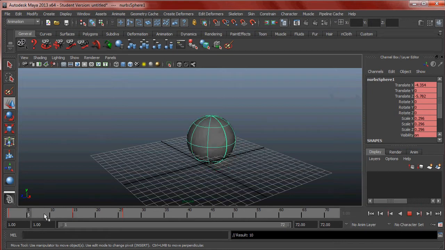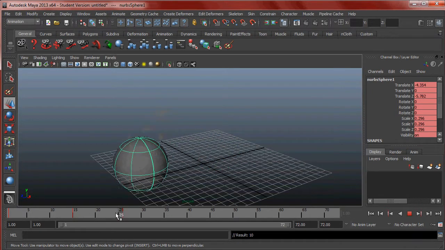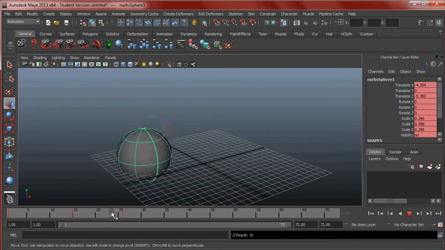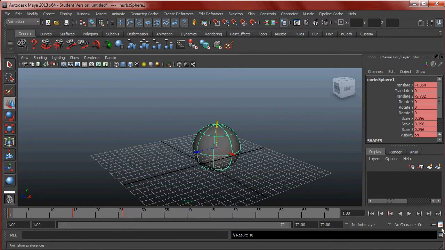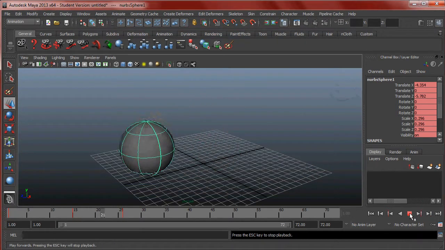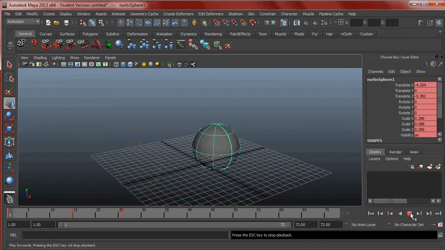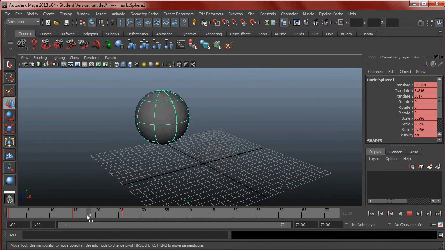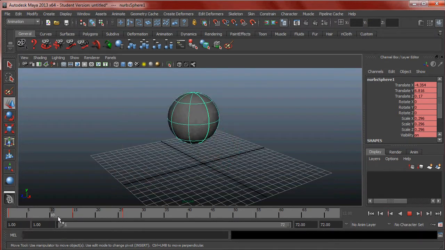The ball stays in place. So let's say I want my ball to hop from my starting position and back to where it was. So I want it to go boom, boom. Right now I can do that because I'm just scrubbing the timeline. But let's make this continuous. Right now, all the ball does is hop and stay there, and then it starts over and stays there. What if I want my ball to hop there and then go back? Well, what I can do is